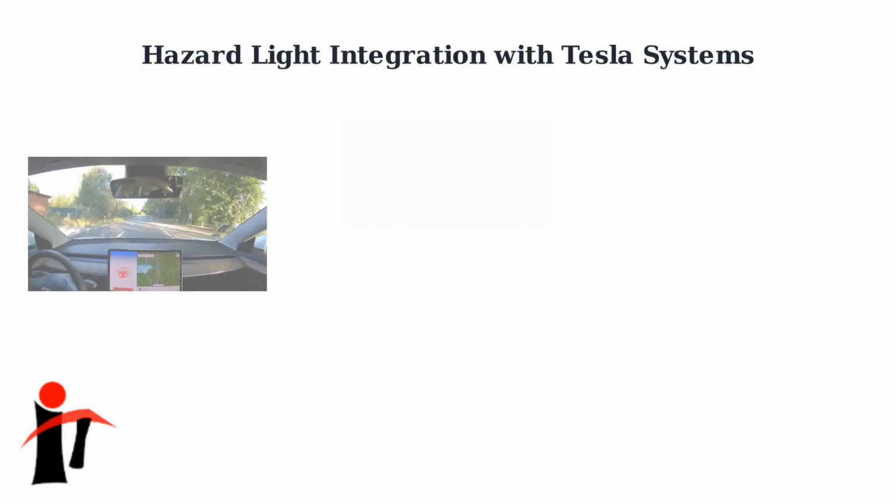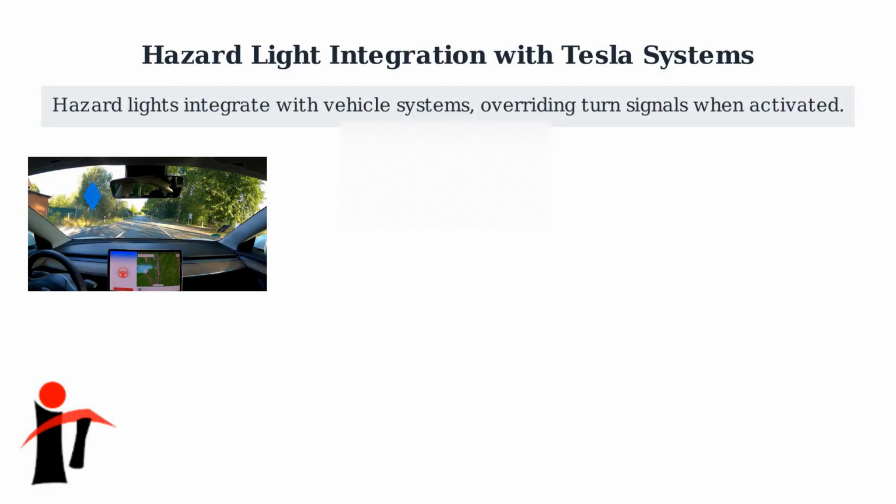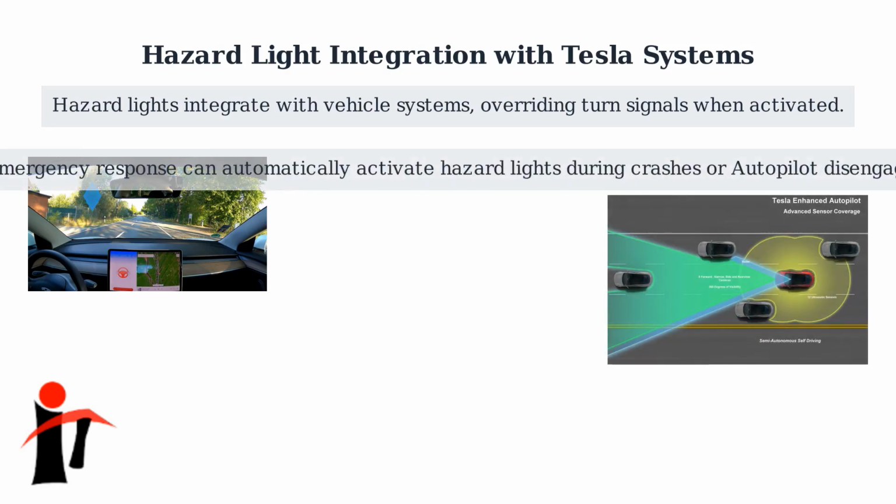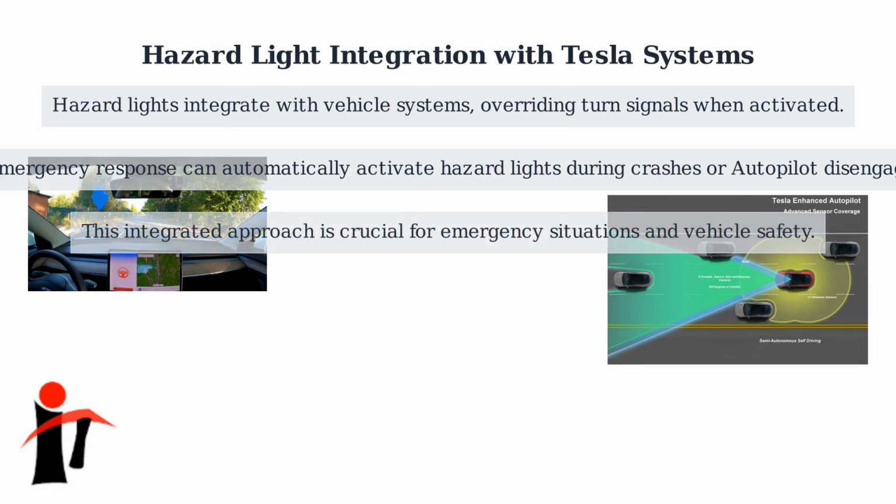The hazard lights on the Tesla Model Y are fully integrated with the vehicle's systems. When activated, they automatically override the turn signals to ensure clear communication of distress. Tesla's emergency response features can automatically activate the hazard lights if the vehicle detects a crash or during autopilot disengagements in hazardous conditions. This integrated approach enhances safety by providing immediate visual alerts during emergencies, helping to prevent accidents and